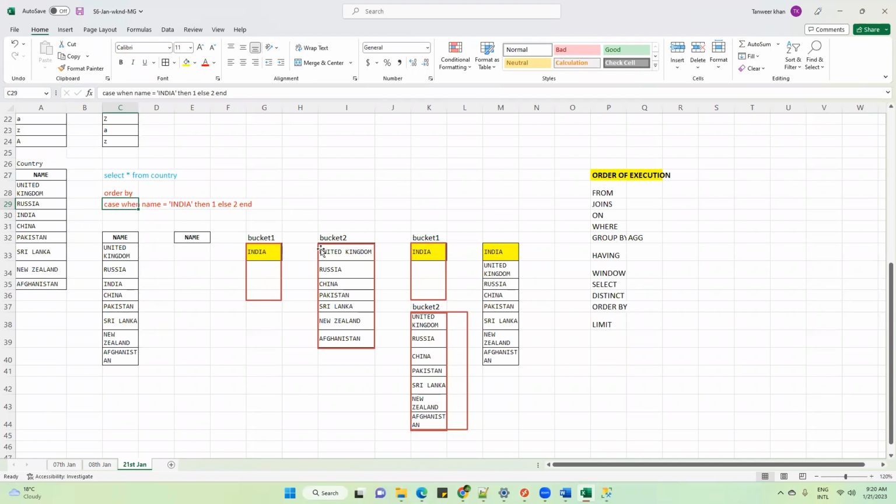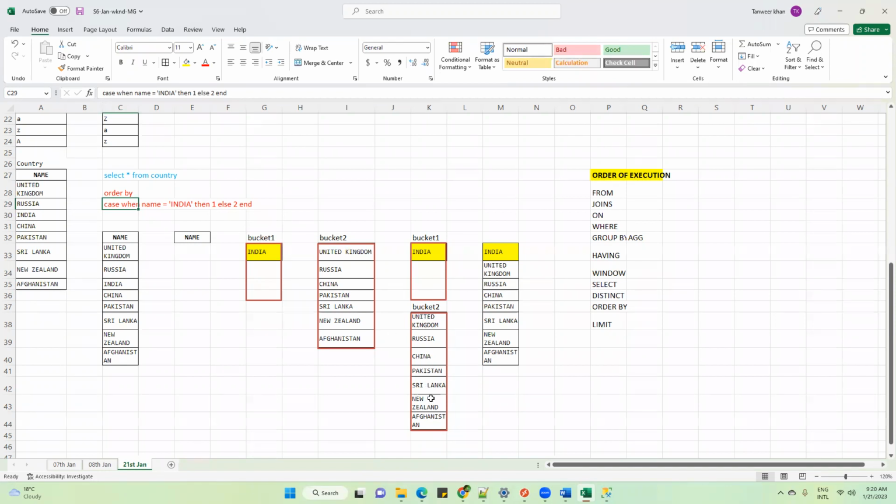So the engine will sort the buckets here, not the data. So bucket 1 and bucket 2 in ascending order, which bucket will be on the top? Bucket 1. That's why I have kept bucket 1 at the top, and then bucket number 2 after this.